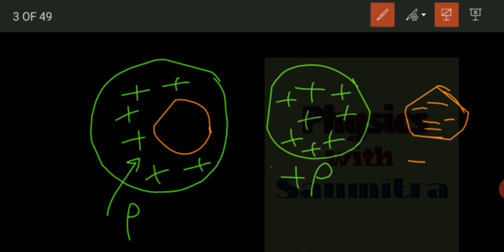This will be having charge density minus rho. So if I superimpose them, I will get this. What I am doing here is that here the charge density is 0. This 0 I am resolving into plus rho and minus rho. 0 is equal to plus rho minus rho, that I am doing. Now